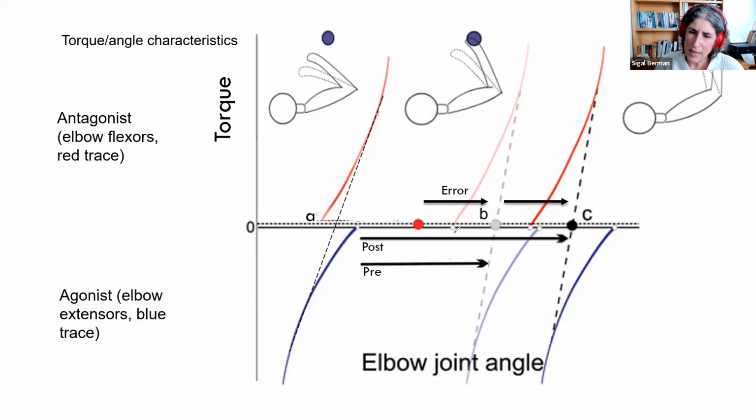The idea is that if the participant indeed is present in this virtual scene, there will be a remapping of the torque angle characteristic curves on which the muscle is operating, meaning that muscle activation will start in the antagonist muscle only later in the movement. That is, the subject will be able to extend the hand further without interruption of the antagonist muscle.